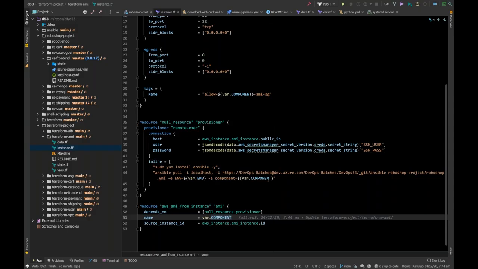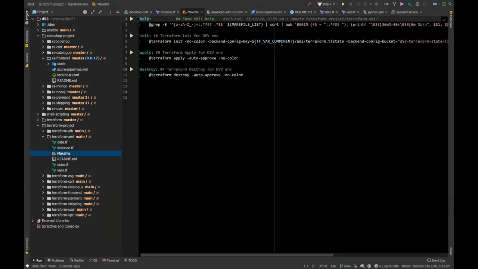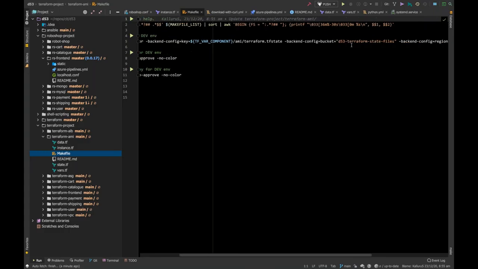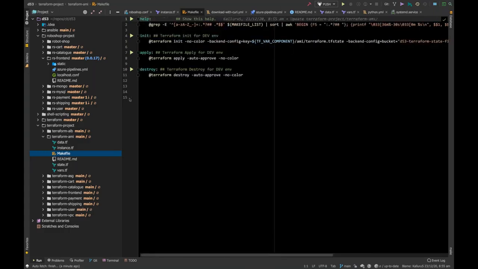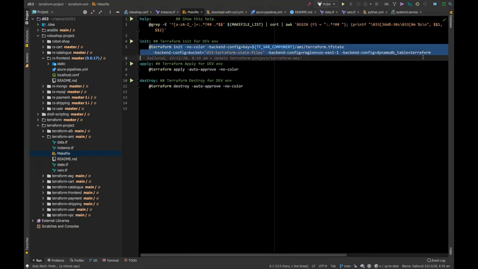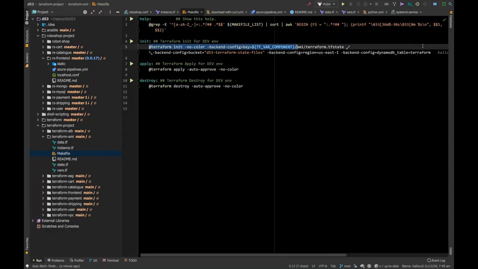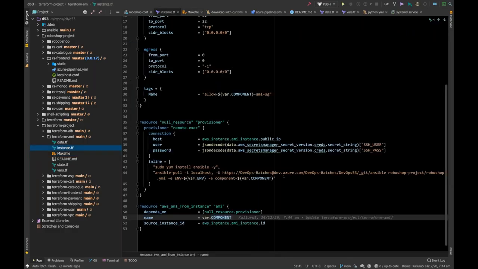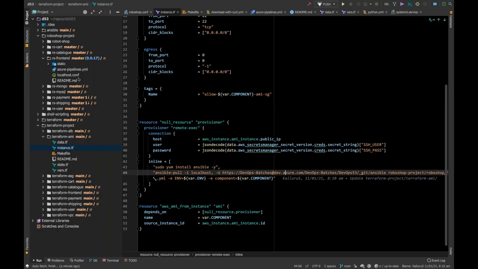And this is the component, so you're sending the component information, which is fine. I go to the makefile, you're telling that backend config, you're telling this information. Yeah, perfect, it's all good. Okay, so now it will go and make the pipeline automatically, but actually it's going to download the latest code. So now this one is actually calling the Ansible, and Ansible is going to download the latest code.